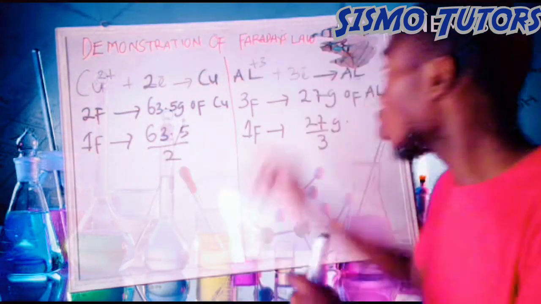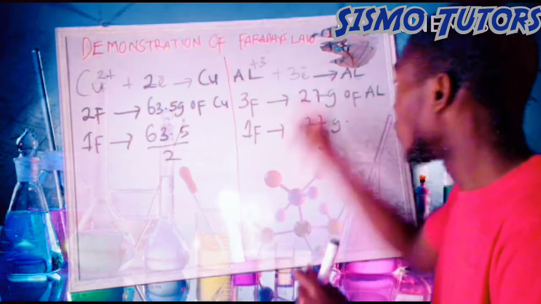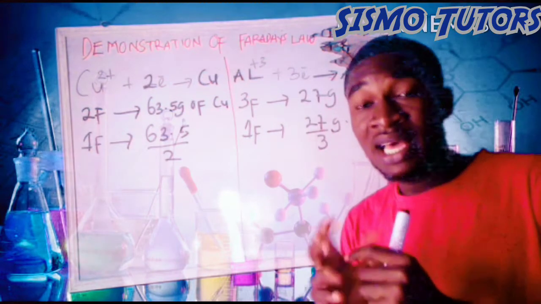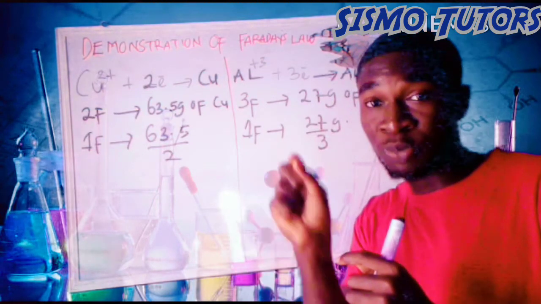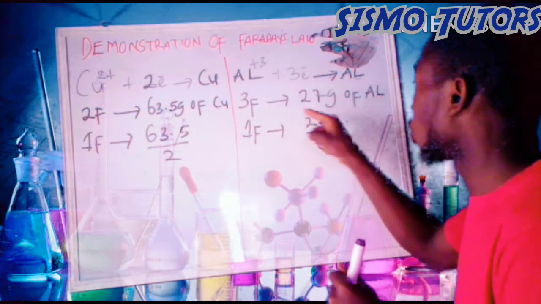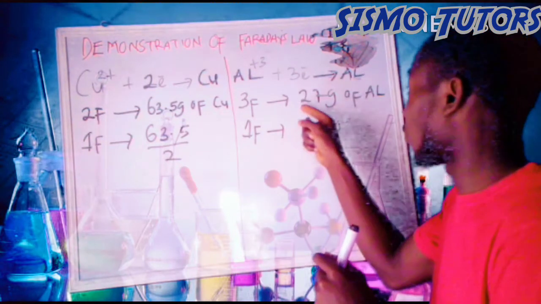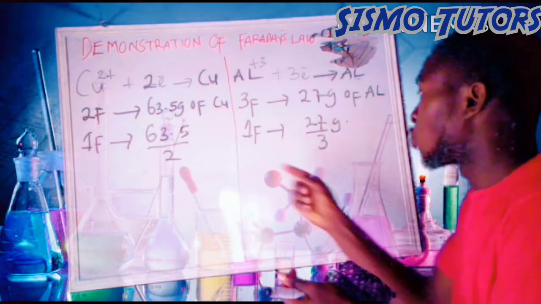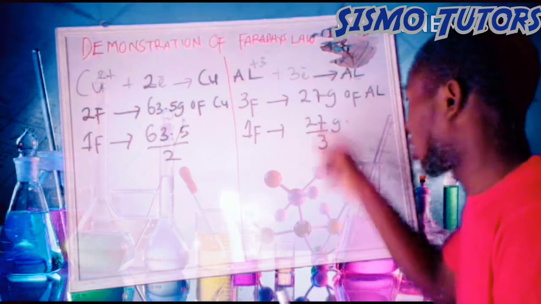By 2. Also considering aluminium having a valency of +3, which symbolizes that we have 3 Faraday passed to the solution. So what am I trying to say? Anytime you see the number of electrons in an ionic equation, know that that's the number of Faraday that was passed to the solution. So we have 3 Faraday passed to the solution, and we have 27 grams of aluminium deposited. So this is the atomic mass of aluminium that was deposited. Now, what will be the mass that will be deposited when we pass 1 Faraday through the solution? And that we get by dividing the mass by 3.